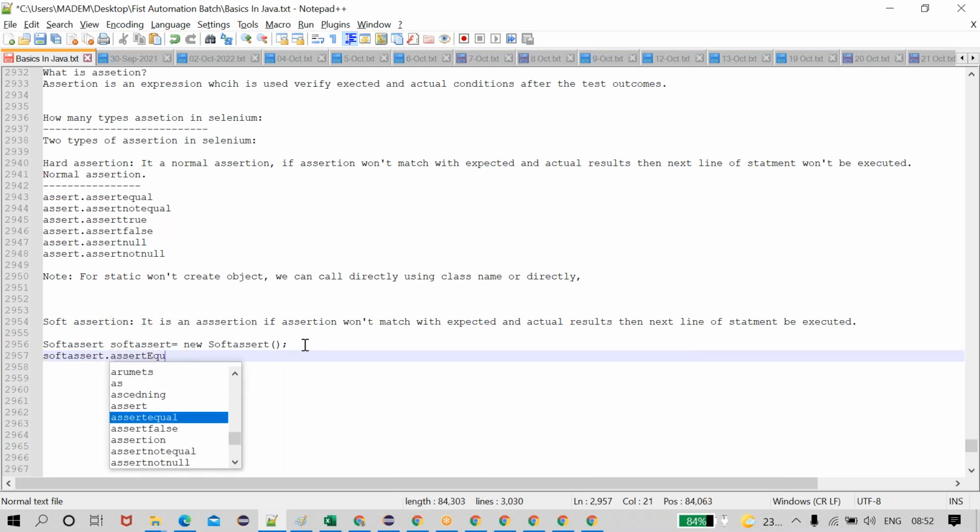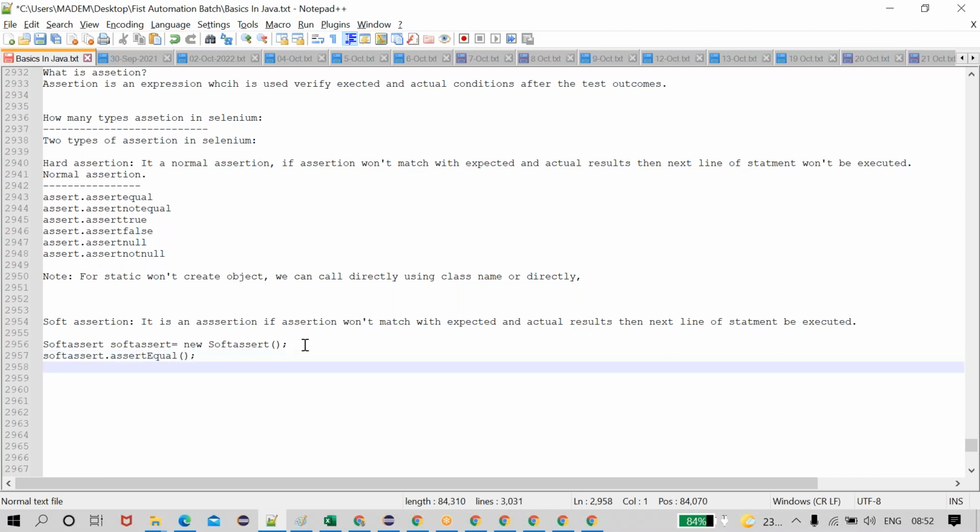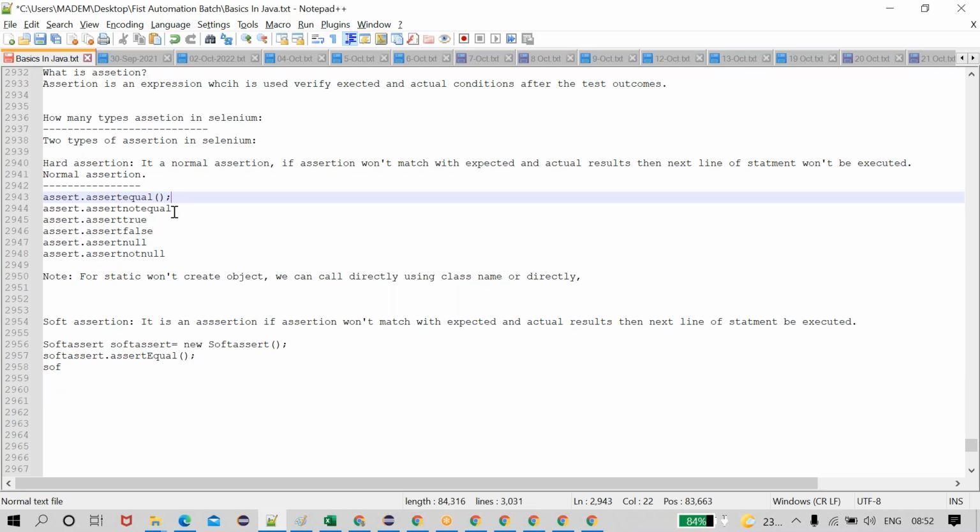Same assertEquals, assertNotEquals, assertTrue, assertFalse. The same methods are used in soft assertions also. See, here also the method is the same, no need to worry. These are all methods.